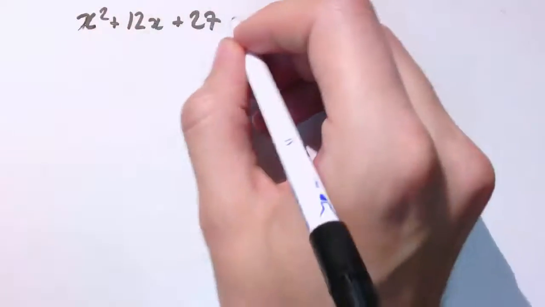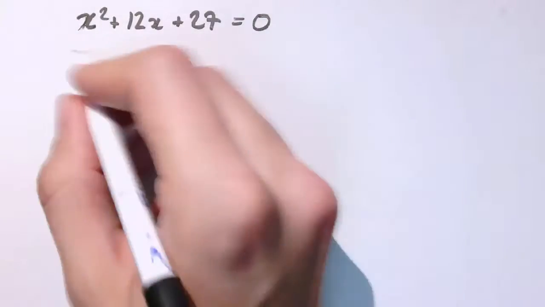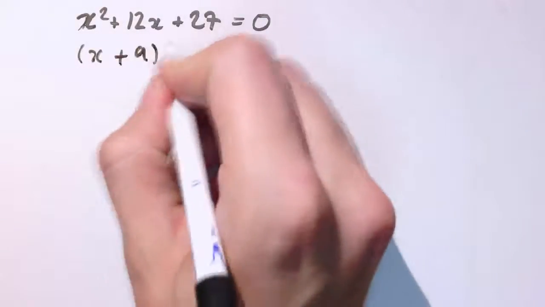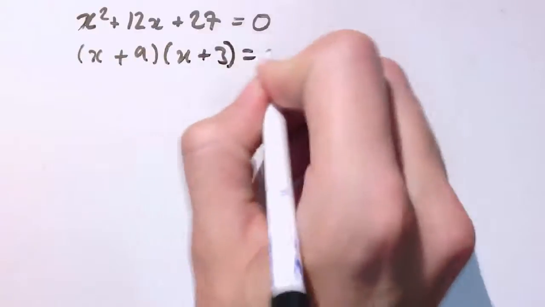Okay, this video is about the factor theorem, and you're already familiar with some of the factor theorem probably if you're watching this video. For example, when we do quadratic equations, if I'm trying to solve this equation, then I factorize the left-hand side here to get x plus 9 times x plus 3 equals 0, and you say that